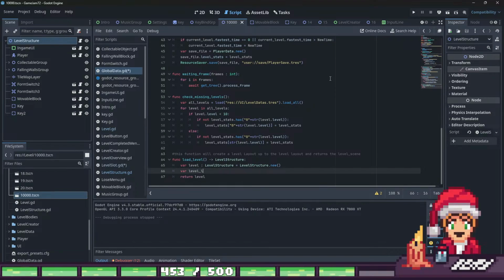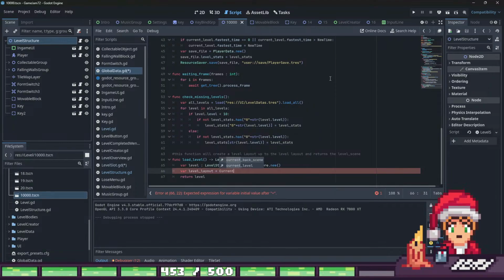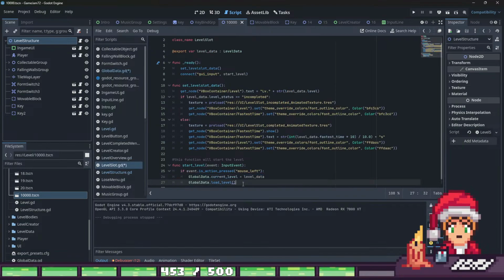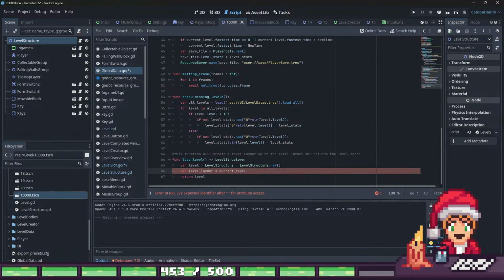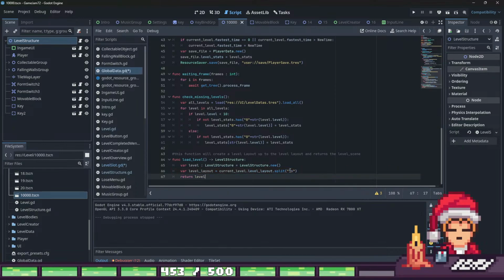Level layout equals current level dot level layout dot split backslash n. Then we say